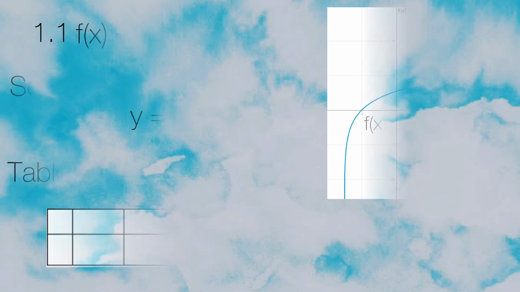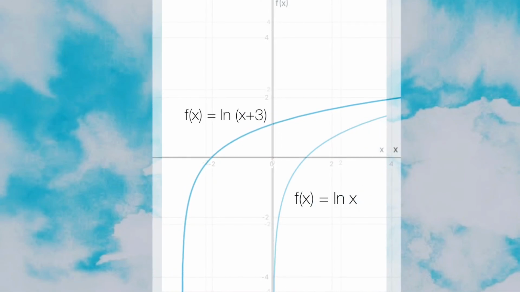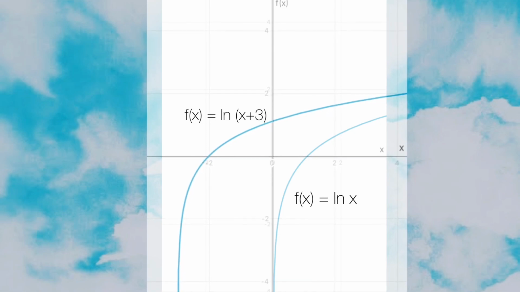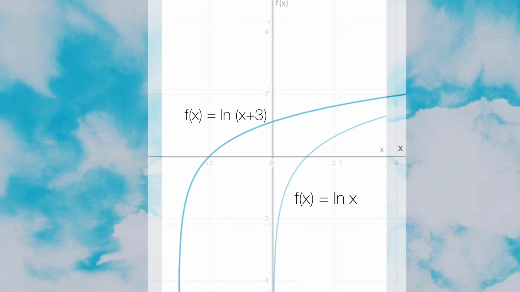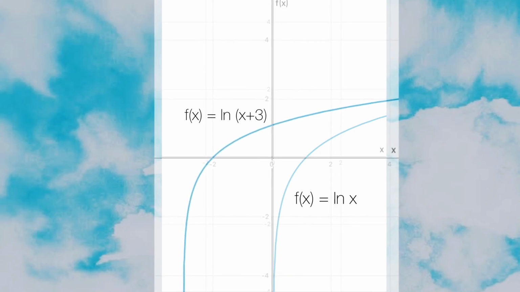And here we go. Now we have the two graphs. Now combine them. As you can see, the line of f of x is equal to natural logarithm of x plus 3 is higher than the line of f of x is equal to natural logarithm of x. So that's the end of our